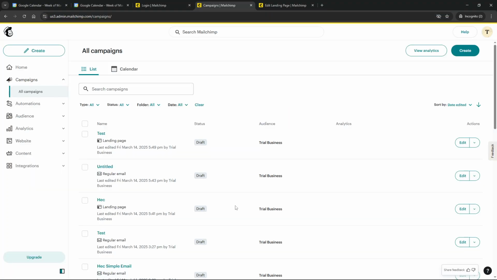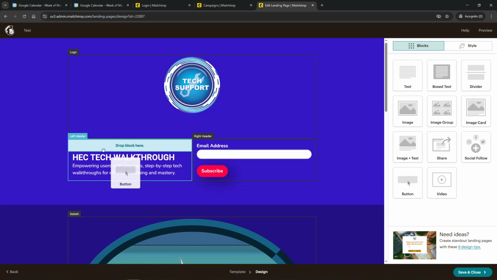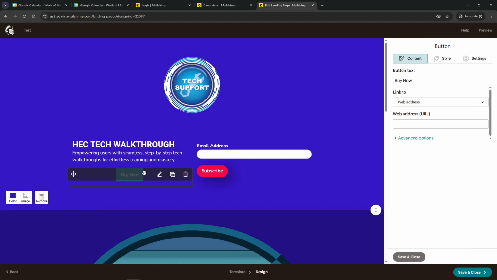Inside the email editor, you'll have the option to add different elements to your email. Look for the possibility to add a button or hyperlink, which is where we're going to incorporate that calendar event link you previously copied. Once you've decided on using either a button or hyperlink, insert the calendar link right into the designated field. This action will embed the link into your email, allowing recipients to easily access your event details